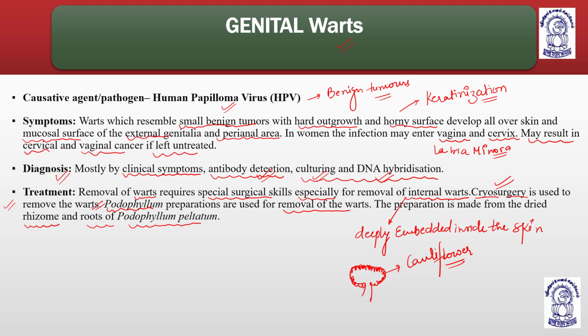Diagnosis is done by clinical symptoms or by antibody detection. Culturing and DNA hybridization is also a method for the detection of this virus. Treatment is done by the removal of warts, which requires special surgical skills. Podophyllum and cryosurgery: the preparation of podophyllum is made from the dried rhizome and roots of Podophyllum peltatum, which are used for the excision. Excision means the removal. Or cryosurgery is also used for the same. Genital herpes, okay, understood? Now coming to next,